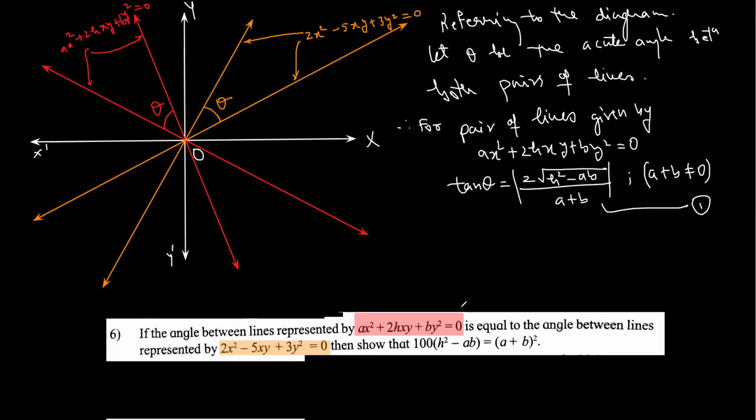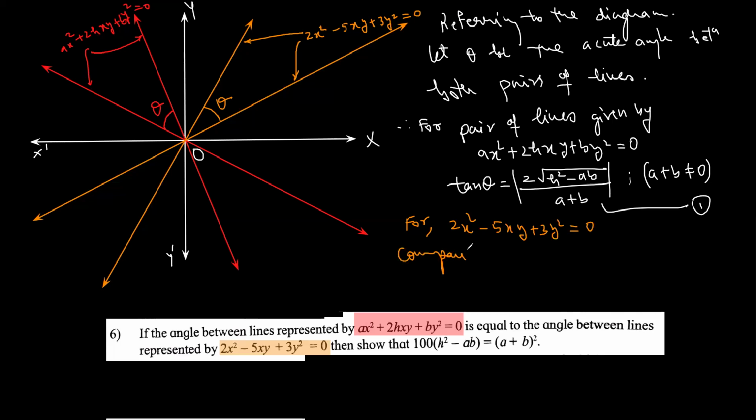Because the given line is the standard line itself. Now I will go for, I'll write here, for 2x square, that is the another pair of lines, correct? Another combined equation for 2x square minus 5xy plus 3y square equal to 0, I write here,